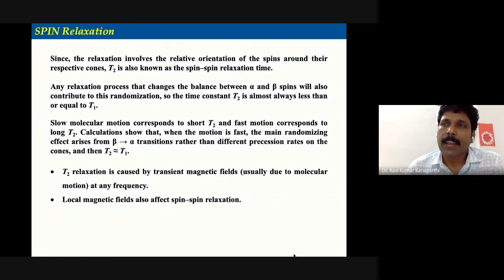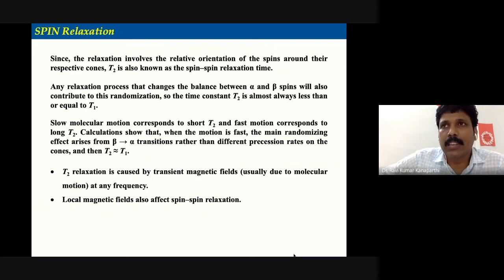Since this relaxation involves the lattice, any excited state molecule tries to dissipate its excess energy by various means and come back to the original state in order to have the thermal equilibrium. One way of dissipating the excess energy is just to give the energy to the surroundings. Naturally, here also it happens, since we are going to record the NMR spectrum in the liquid phase.